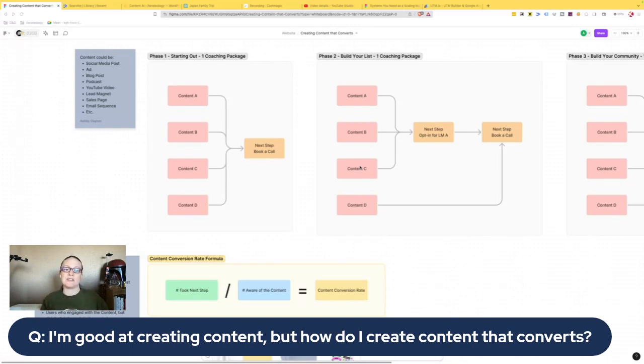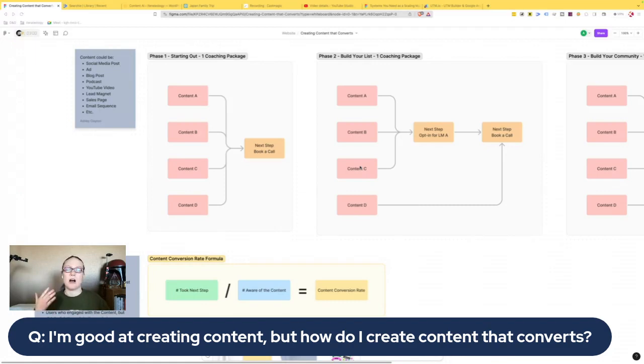You also don't want to assume that they know what you're offering just because they're on your profile or your website. A lot of times, especially if it's a blog post or podcast, they might be in a platform and they haven't visited your website yet. So they don't know that you have this fantastic, transformative coaching program that is the answer to what they're looking for. And so you have to constantly talk about it.